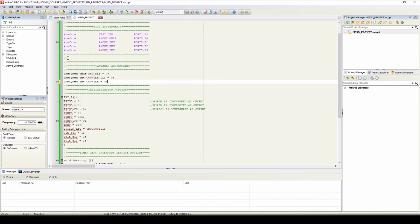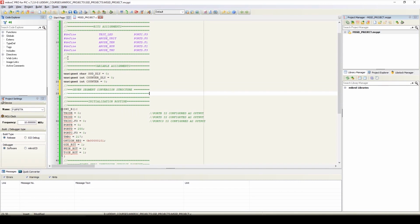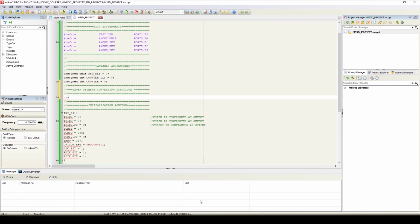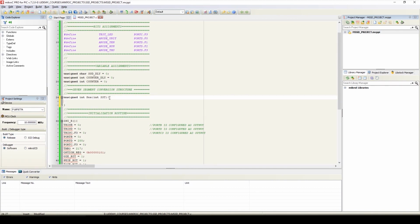Now here we'll write a structure, that is a case structure, to assign the hex value to the numbers. So we'll write the 7 segment conversion structure, and we'll write unsigned int hex, that is integer SST, that is 7 segment table, and here we'll write the case structure between these two braces, and here we'll add comments, that is 7 segment table, and here we'll write switch SST, 7 segment table,